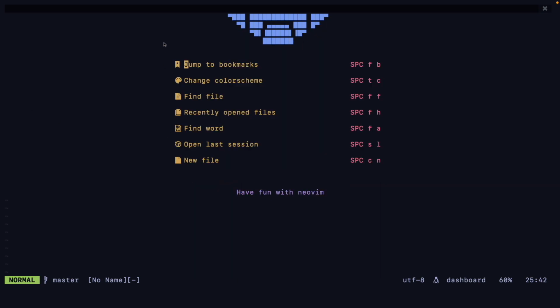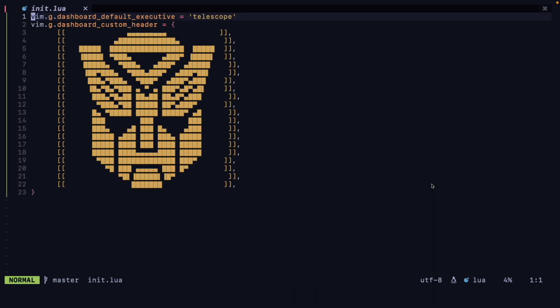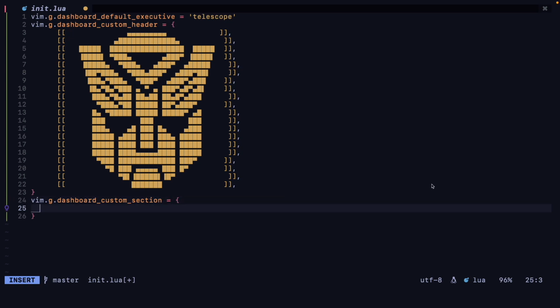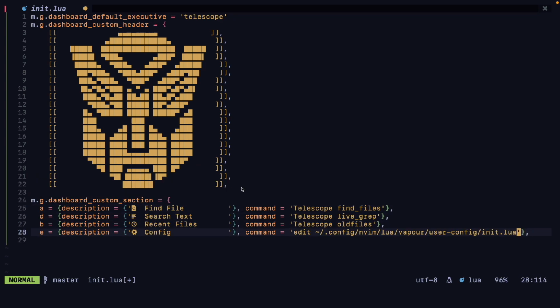And now let's change this section, and also this have fun with Neovim part. So this section, it is called dashboard custom section. So we can change that by using a global called dashboard custom section only. So dashboard config, vim.g.dashboard_custom_section equals, in square brackets, I'm going to copy paste one config here. So I already have it, it's a little bit long, so I don't want to type it, otherwise the video will be too long. And let's change this to edit